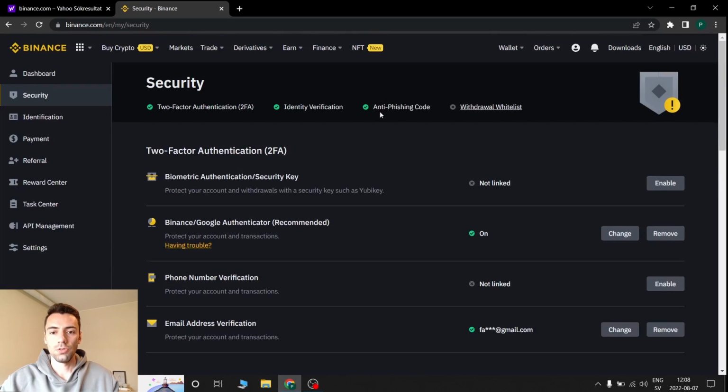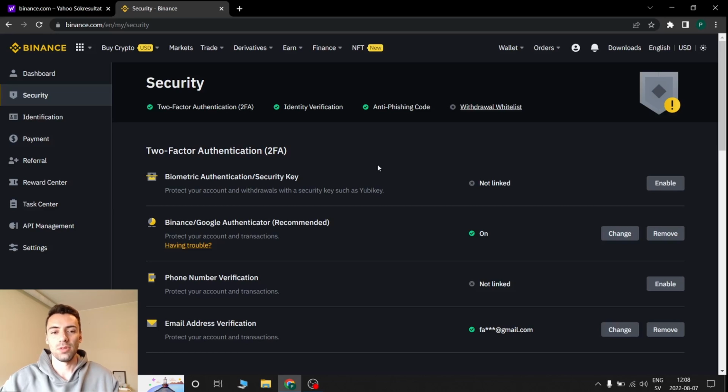I already enabled the anti-phishing code. If you click on it, you can type whatever you want. For example, I put payment 123, for example, and any email that you